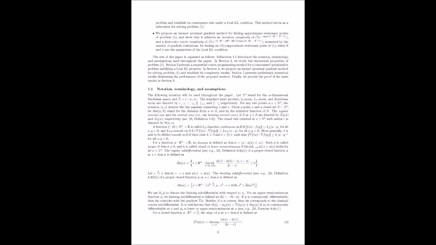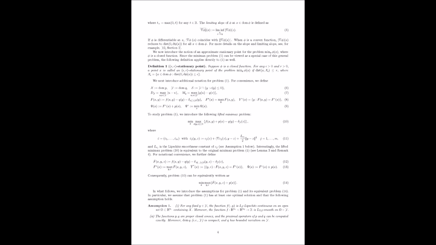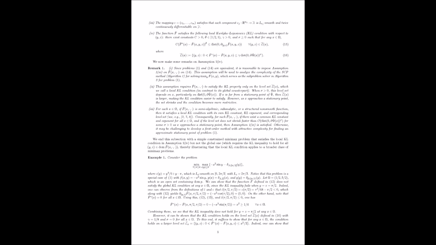But they argue the local KL condition does hold on the set L_x, defined with specific parameters, gamma, sigma greater than 0, C equals root 3/8, theta equals 1/2, because when x is far from stationary, L_x might exclude the problematic point, and when x is close to stationary, the analysis holds. Yeah, the example really highlights why this localization, controlled by sigma and the outer stationarity measure, is necessary to make the KL assumption applicable to these complex, constrained minimax problems.